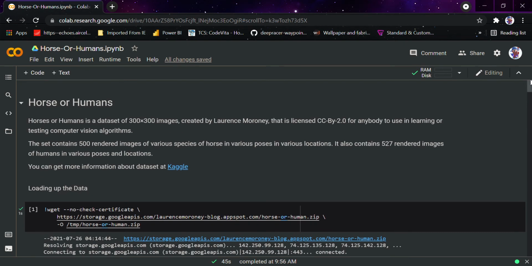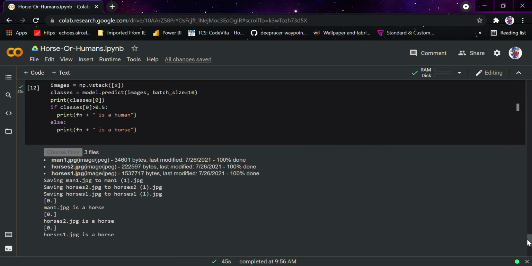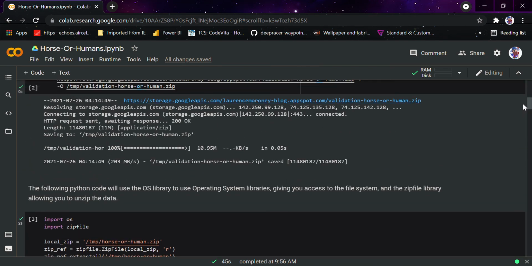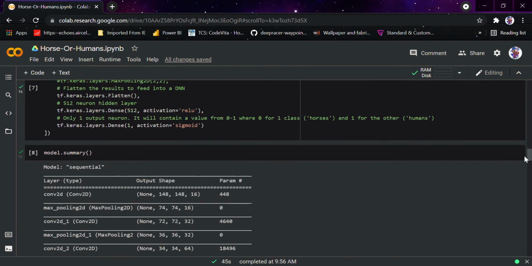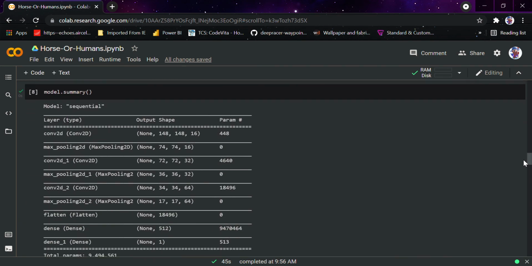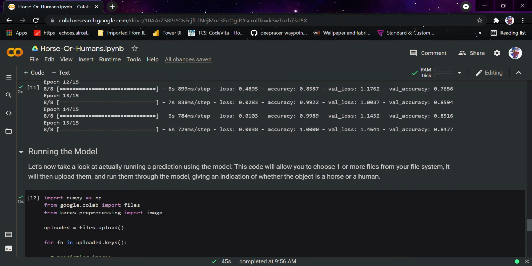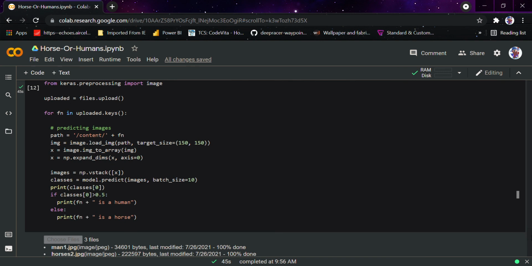You can study more about it in the Keras API if you want to study in depth how these APIs and models are working inside. So this was it. You first prepare data, then you make the model, then you compile the model, then you train the model, then you validate the model, and then you check it on your own personal data. So this is how the whole model system works.